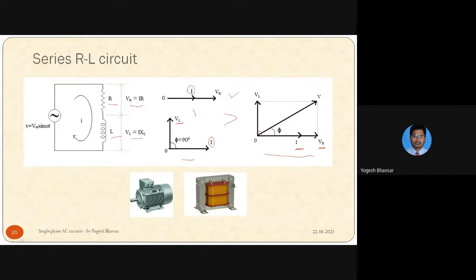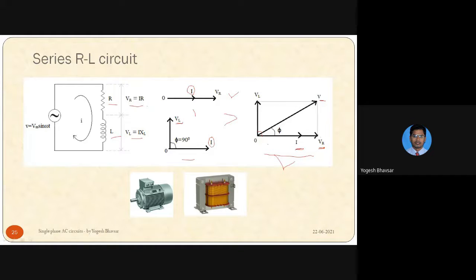Now we can draw the resultant of this VR and VL. And that will be V. Look at that, total voltage. Right? So just draw the middle hypotenuse for it. Then just join a dotted line to VR and VL. So this middle one becomes the resultant for VR and VL. Are you getting it? So combining these two phasor diagrams, you will get this final one.